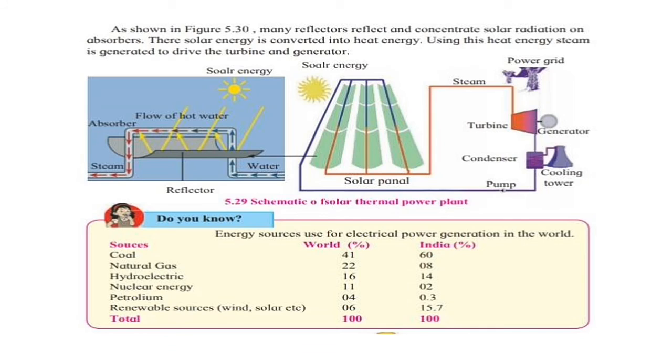In that figure, different stages in a solar thermal power plant are shown. That's the concentrator for collecting the sunlight, the absorber for absorbing the concentrated sunlight, then steam can rotate the turbines, and through the generator electrical energy will be produced. So this is the schematic diagram for a solar thermal power plant.